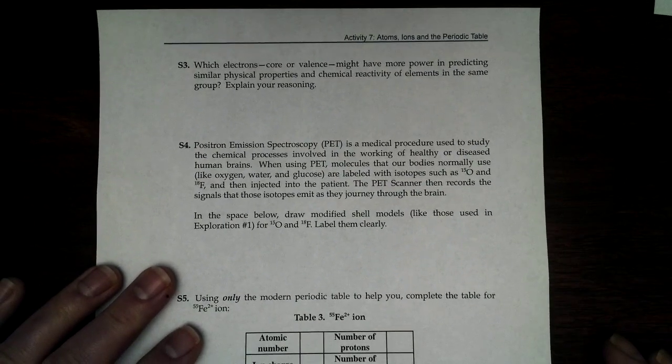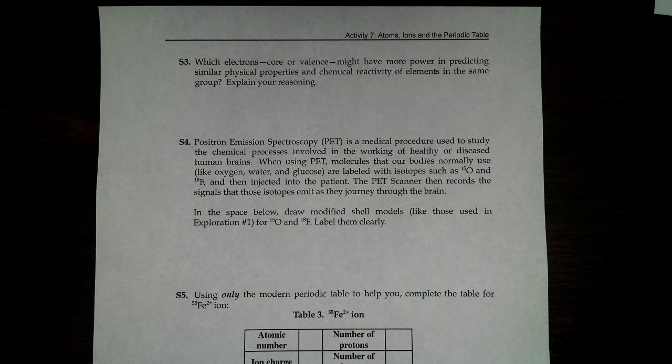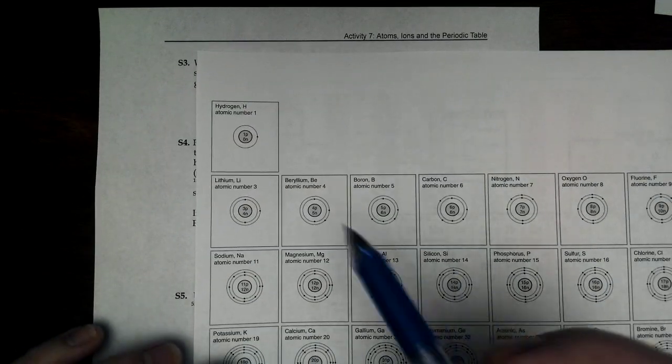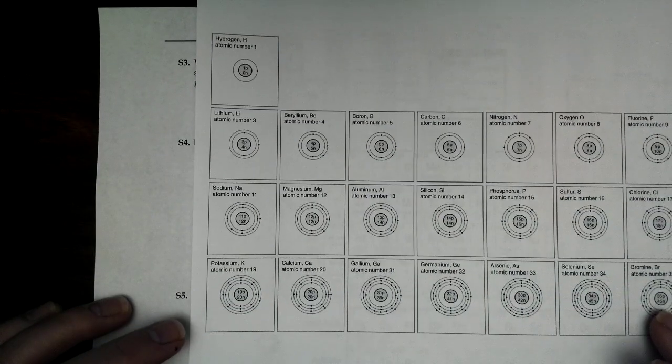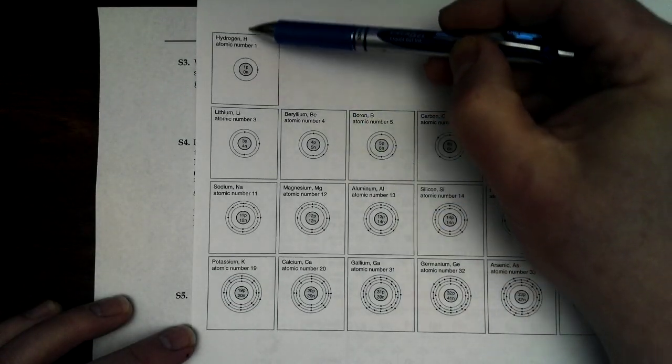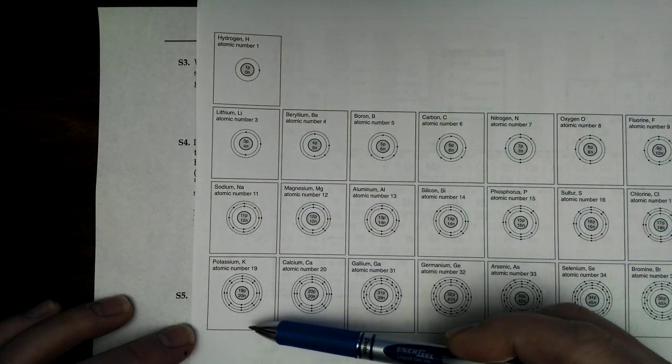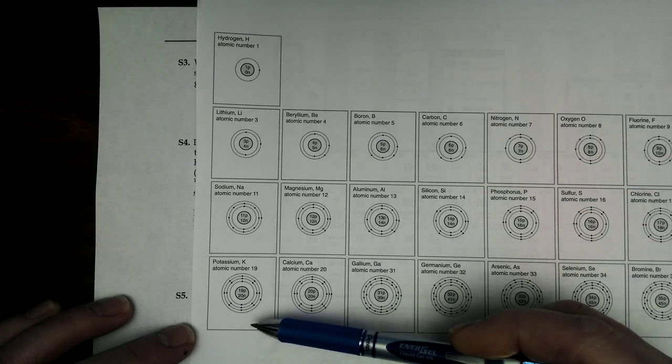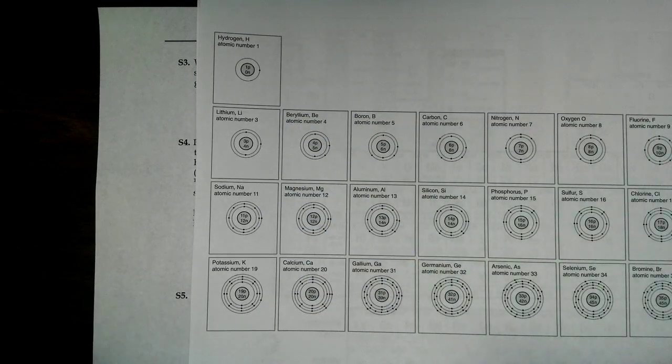The third question: which electrons, core or valence, might have more power in predicting similar physical properties and chemical reactivity of elements in the same group? Explain your reasoning. Well, that is the valence electrons, because as we've talked about previously, it's things in columns that share the same properties as one another. And if you need verification of that, you should look at the form of the periodic table that has the